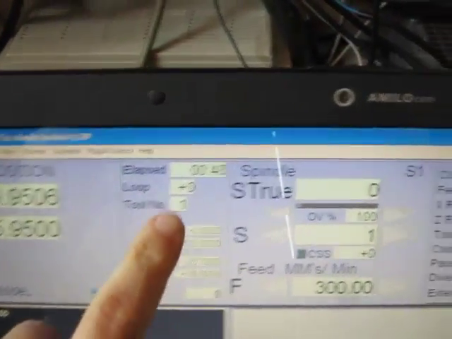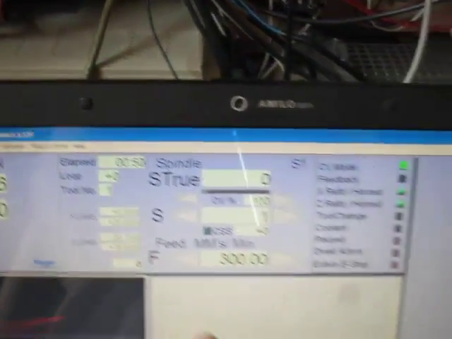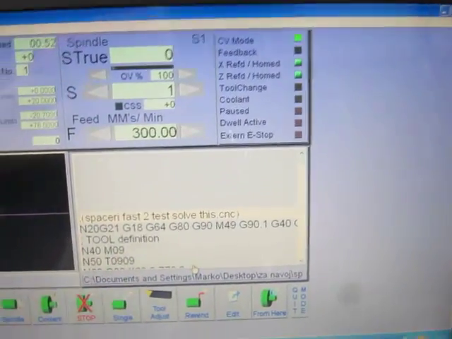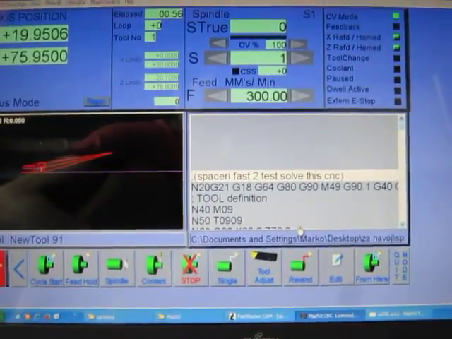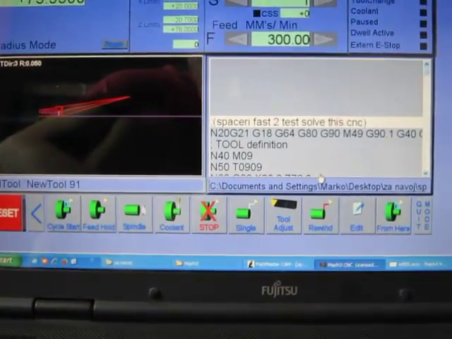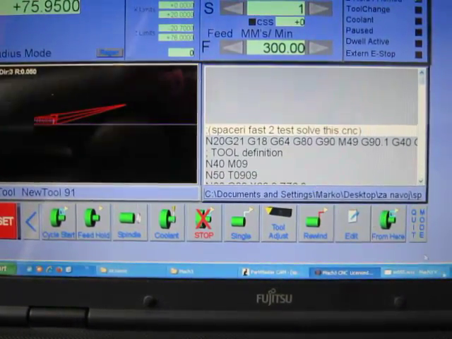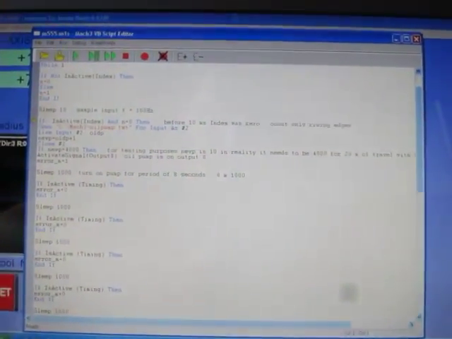And as we can see, the time is running, but I cannot continue with execution of G code while I'm in this macro. So the conclusion is